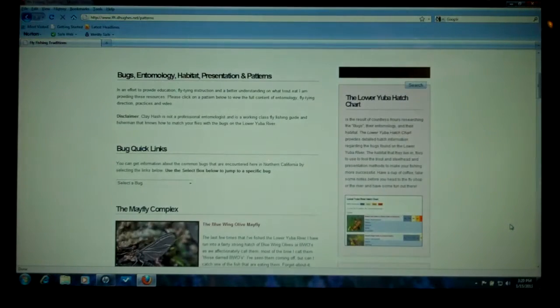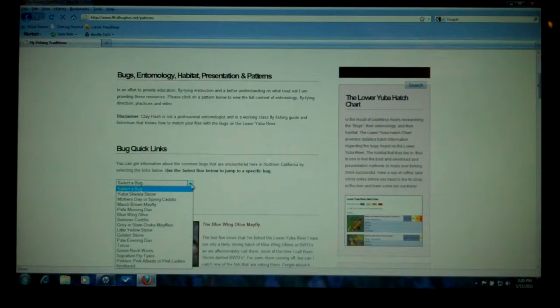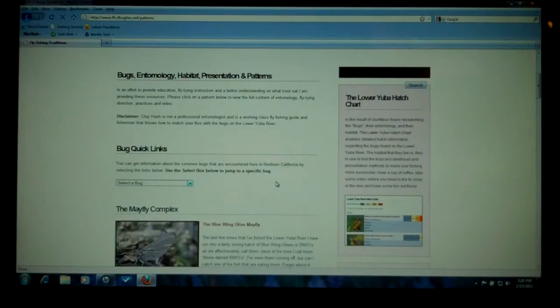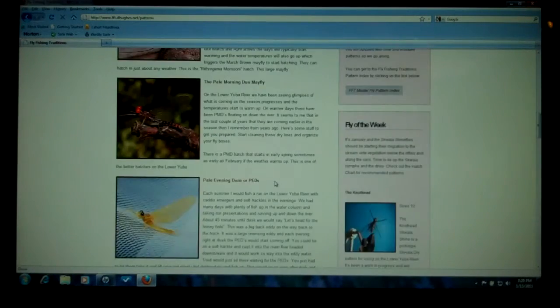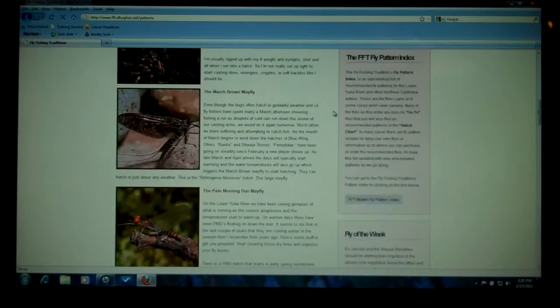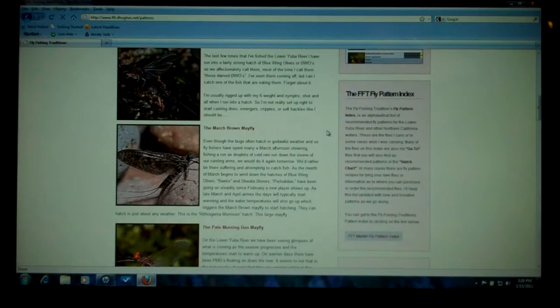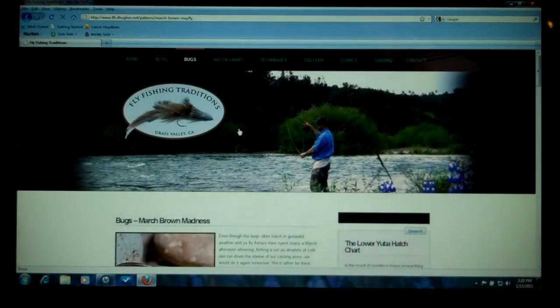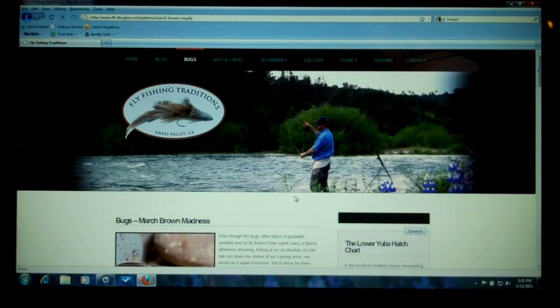If we go down a little bit, there's a bug quick links box where you can click a bug that you want to take a look at. You can also go down the page and pick any one of the bugs here. Here's the pale evening dun, pale morning dun, March brown. So let's just click on this one. Here's March brown. I'm going to click on it and it takes us to the bugs page for the March